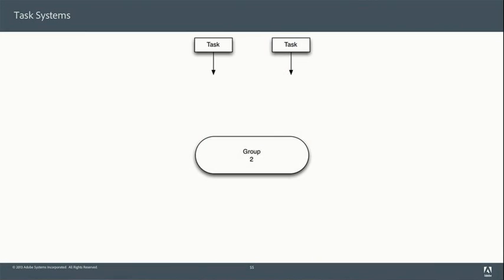Now, a lot of times, developers think that joins are things that have locks and block. It's not quite the right mental model. So let's say that I've got two tasks that are executing, and I want to take the results of those two tasks and use those results combined as the arguments to a third task that I want to get done.